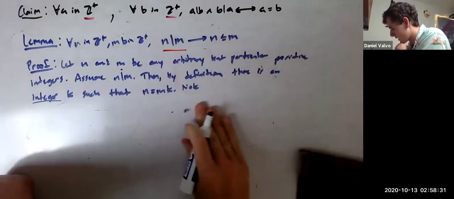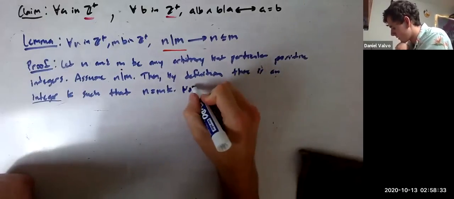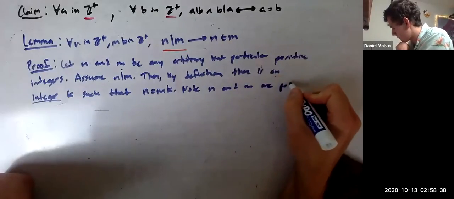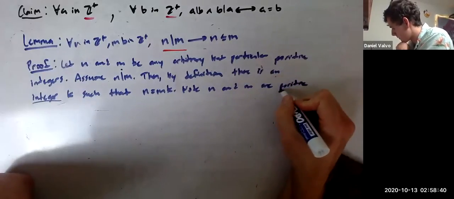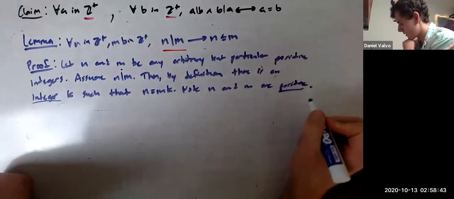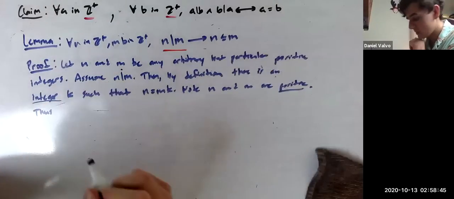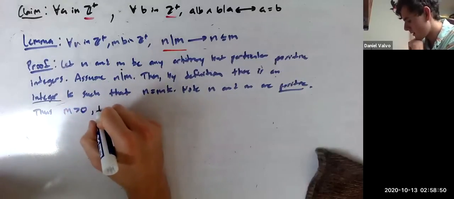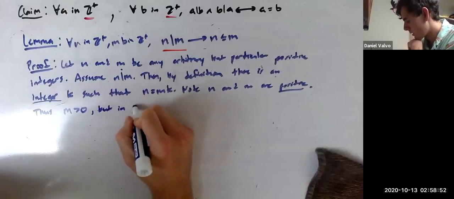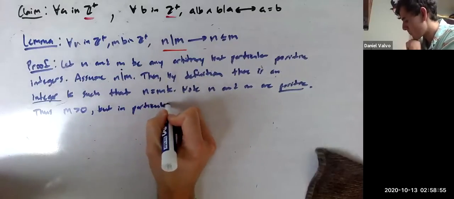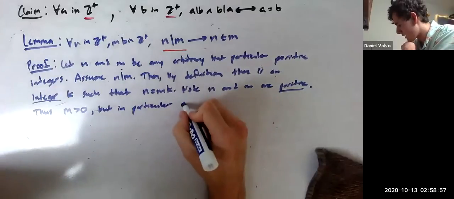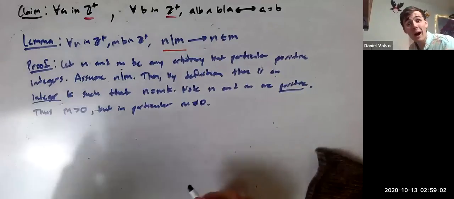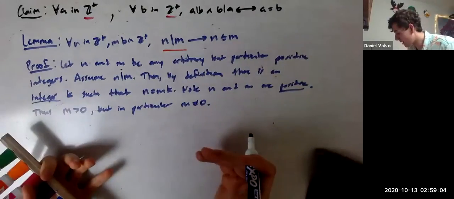So note n and m are positive. Thus m greater than 0, but in particular, m does not equal 0. Why is it important that m doesn't equal 0? Because then